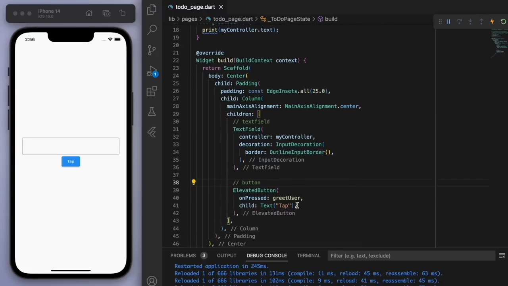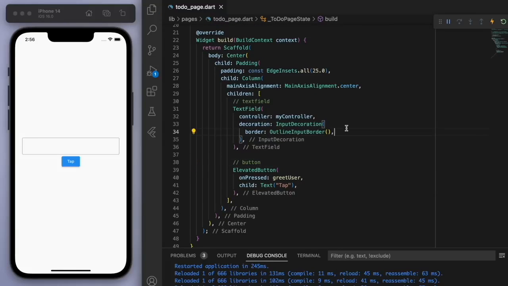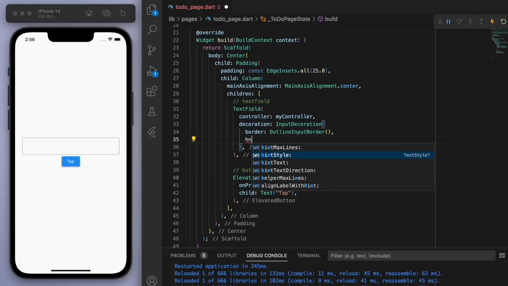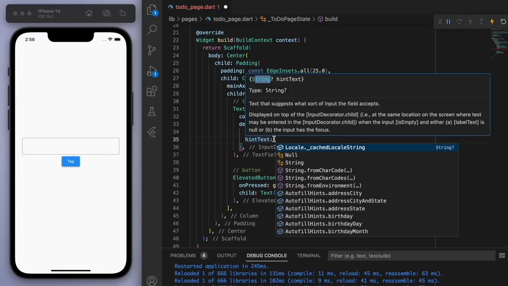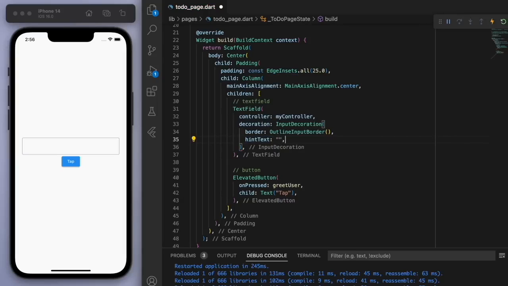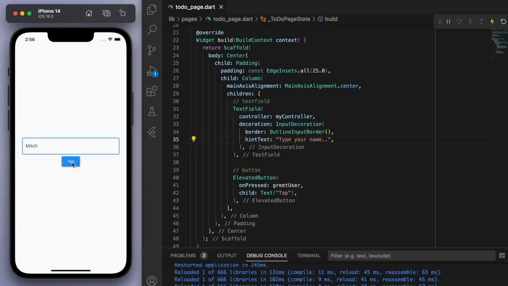And one important thing that you should be using is a hint text. You can see here that this is just a string. The hint text is sort of the grayed out text for what you want the user to type in. Like give them a hint about what should be typed in here. So for example, let's say type your name. Sweet. So now that we can actually get the user's input and we can have access to it, let's actually